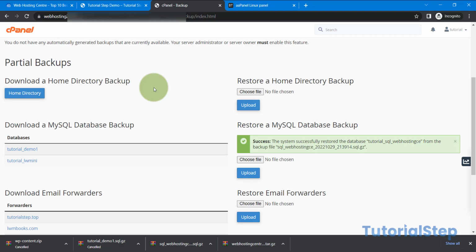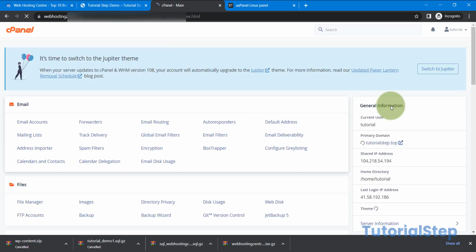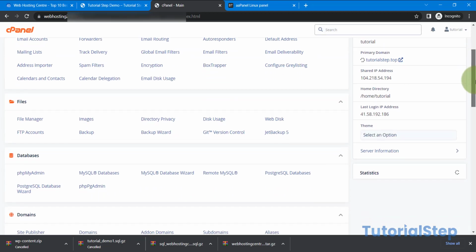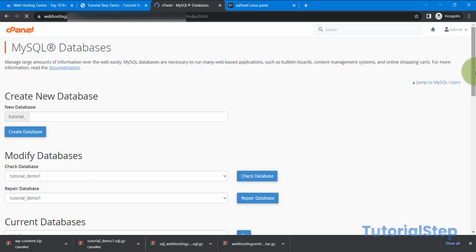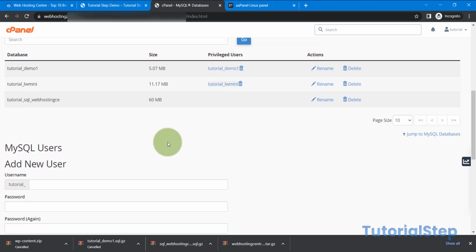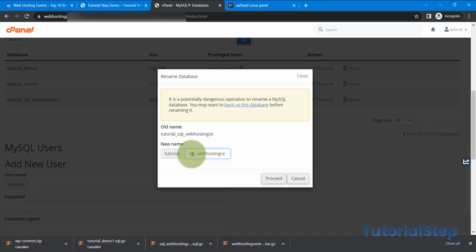Now what you want to do is, because we copied this database from somewhere, this cPanel will give it like a long name, so we want to change that. So go back to your cPanel and go back to database. Here, database, and then change the name. So we have it here already. So let's rename it to something simple. So I want to call it